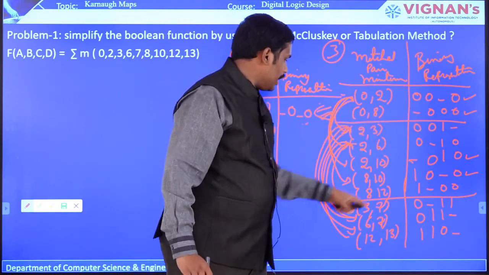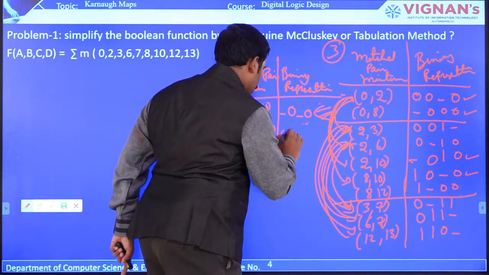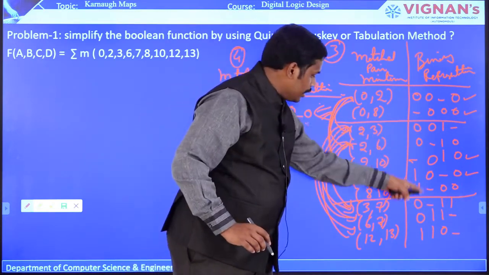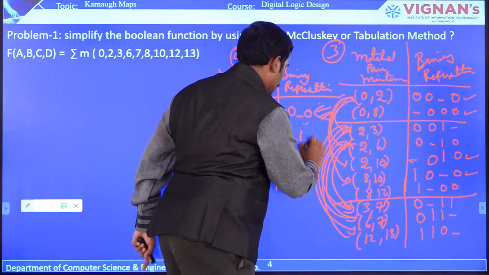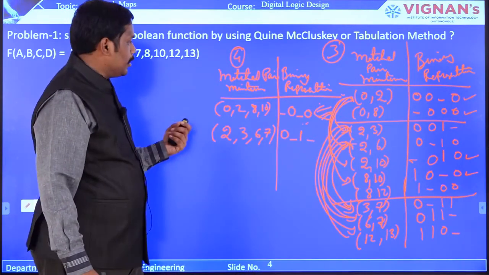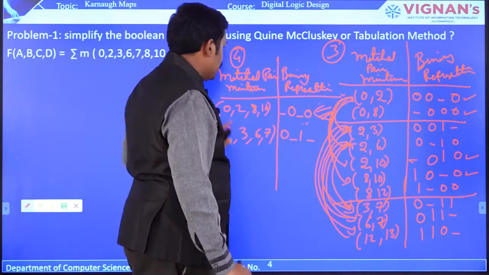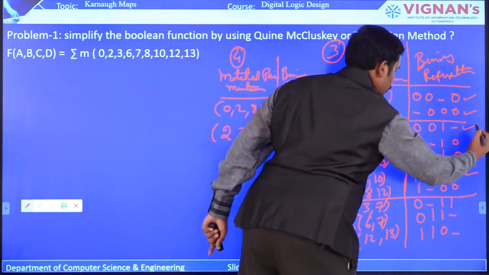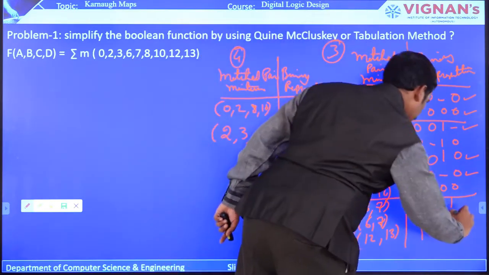So now tell me, what is 2, 3? It is 0, 0, 1 underscore, and 6, 7 is 0, 1, 1 underscore. So the first bit is 0, it is okay. The second bit is 0 here, 1 here, so underscore. And next it is 1 and then underscore. Did you get it? That is how to extract a matched pair minterm from the existing table. Now these two will have a small tick mark, because we have extracted a matched pair. So 2, 3 completed and 6, 7 also completed.